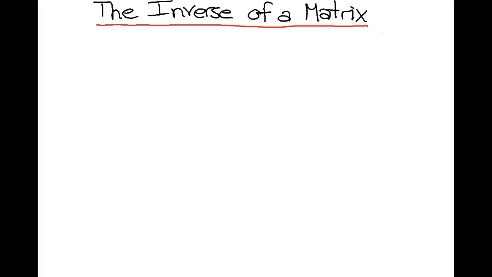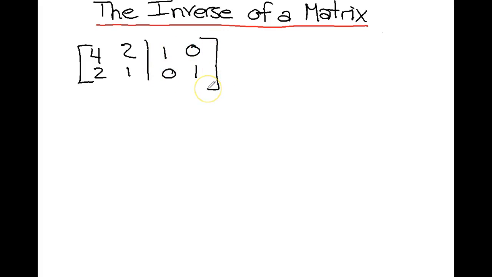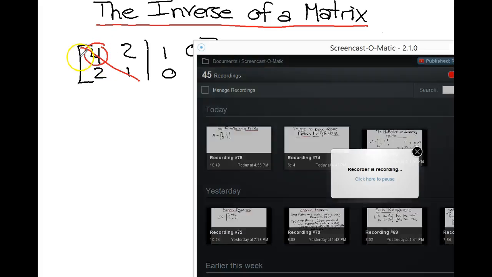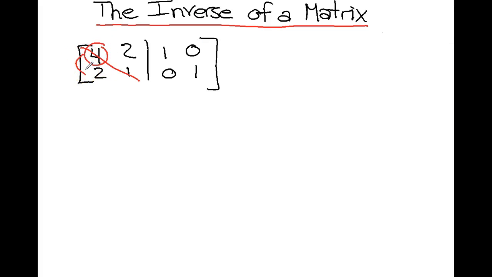I'm going to find the inverse of the matrix 4, 2, 2, 1. So find the inverse of this matrix. Okay, again, I'm going to draw my diagonal, circle the number on my diagonal, and ask myself, how am I going to use these two numbers to eliminate the 2 underneath? What I'm going to do is multiply row 2 by a negative 2 and add it to row 1. And when I do that,